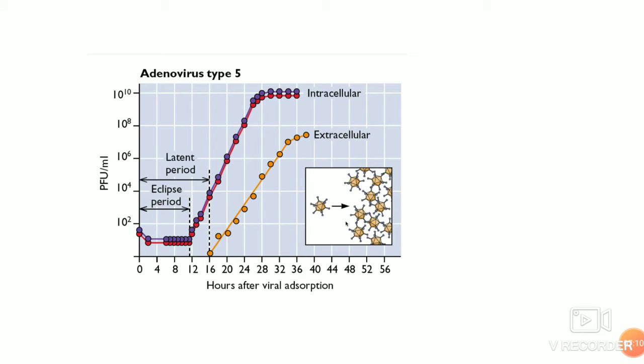So this is an example of an adenovirus one-step growth experiment. You can see the intracellular viruses, the red line, initially overlapping with the latent period. That is, the virus particles are completely formed, but they are intracellular, and extracellular viruses only start after the latent period, when there is the rise period.